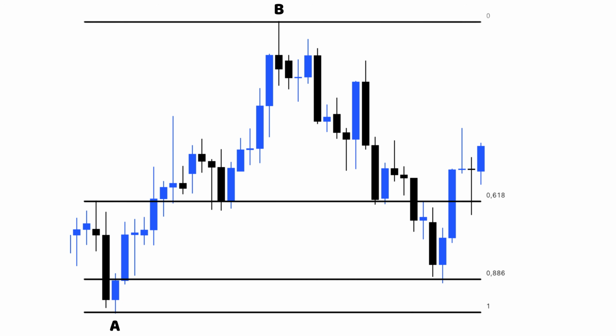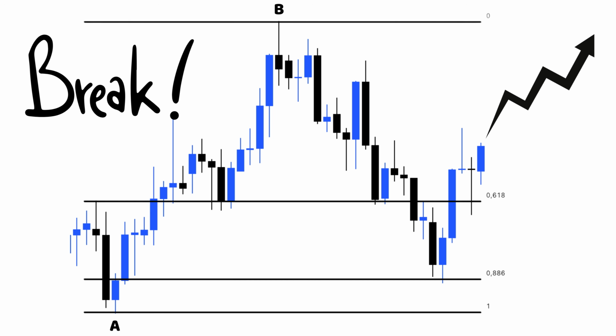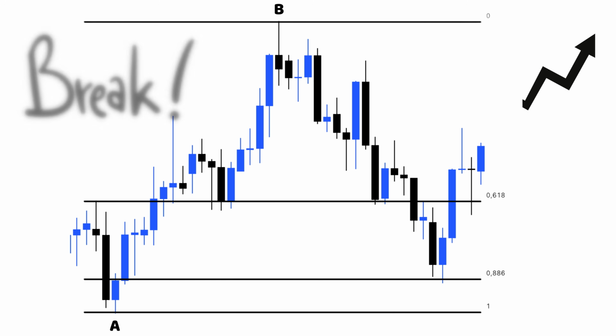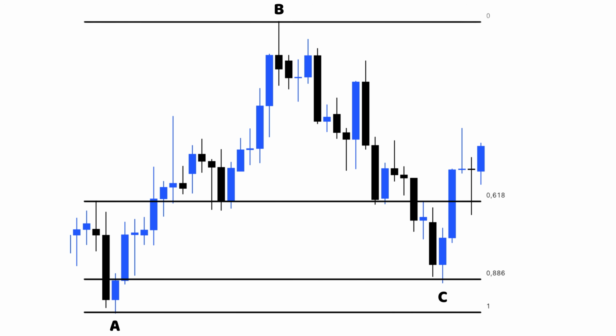It seems that the price has made a nice bounce from the retracement zone we were watching. Now, what we want to see is the price continuing in the same direction and breaking the B region. The reason for this is to confirm that point C is indeed a valid retracement zone with the correct ratio. Let's see if the price continues upward and gives us the confirmation we're looking for.